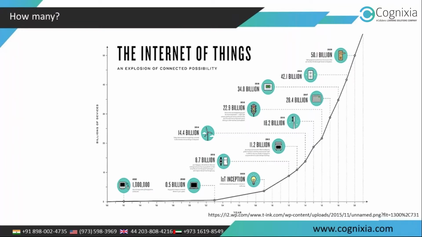So when we look at the number of objects which are going to be connected to internet, or which are already connected to internet, the number of objects connected to internet had already crossed the number of people connected to internet long ago, somewhere in 2003. And currently we have more than 20 billion objects already connected to internet. These numbers are growing rapidly. It has been anticipated that by 2020 we'll have more than 50 billion smart and connected